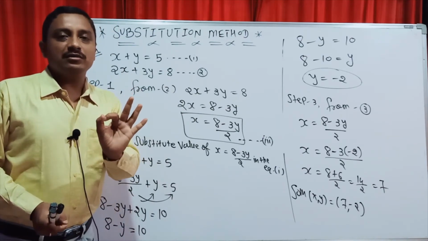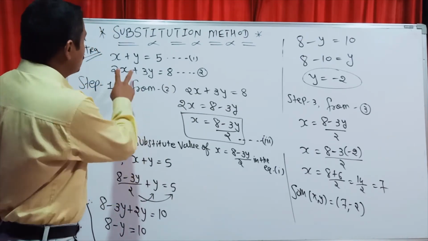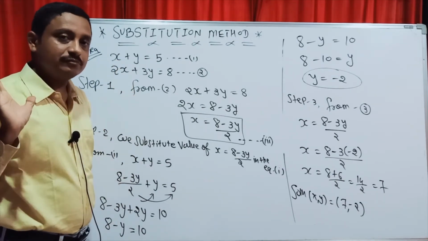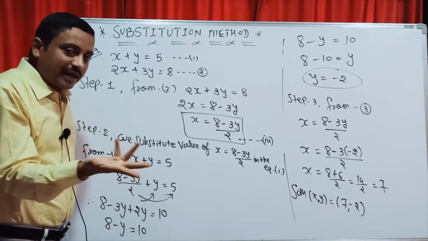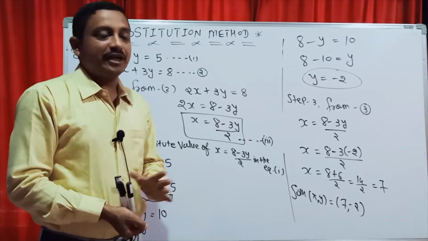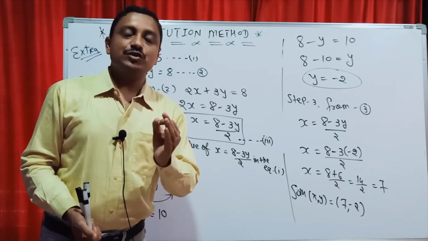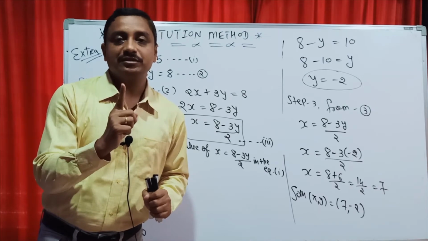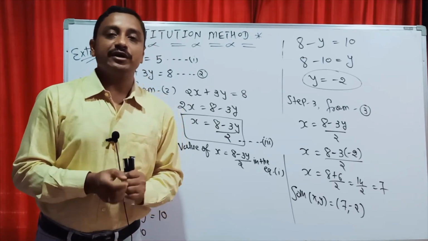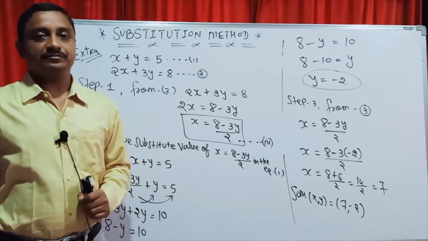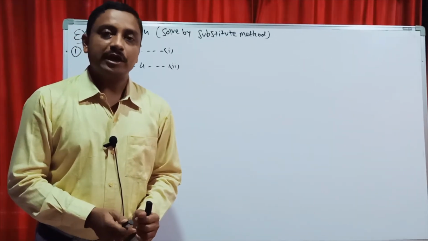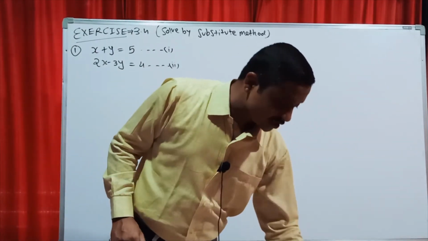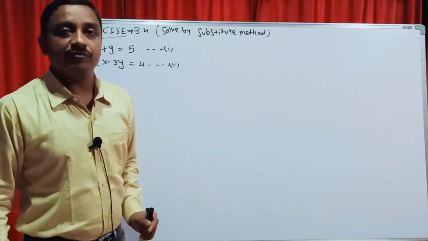Students, most probable. Which method you apply? Which coefficient is single? That equation start here. It's the easy. Either second is also true as you decided and getting your final answer. Now students, I start our exercise 3.4. First question, remaining question by utilize our substitutions method. Now students, exercise start 3.4. Our exercise related questions solved by substitutions method.